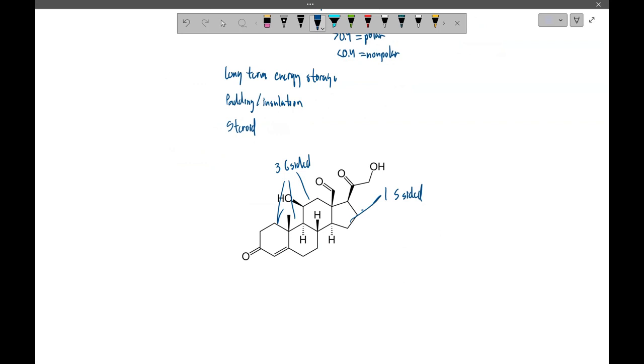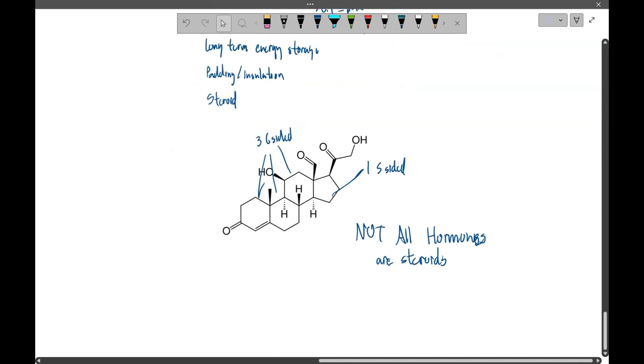They can act as hormones, so developmental hormones. However, let me make this clear, not all hormones are steroids. A prominent example is insulin. Insulin is a hormone, but it turns out,